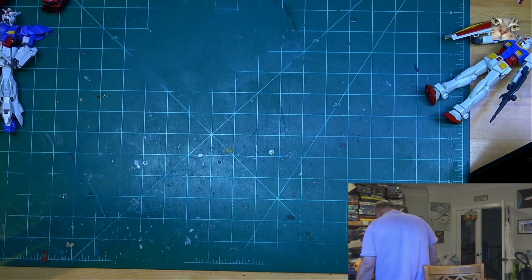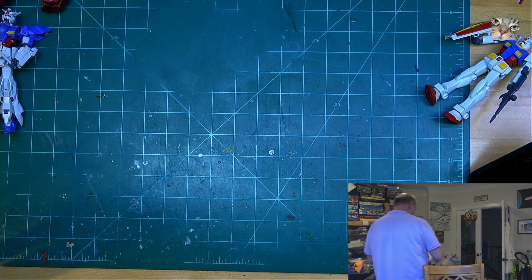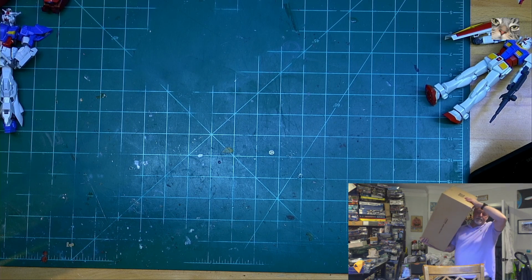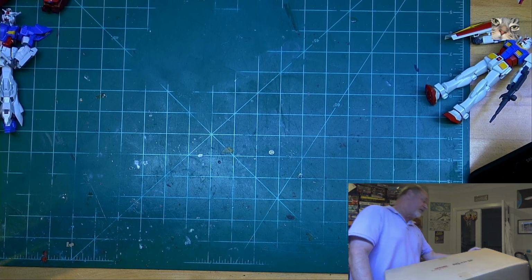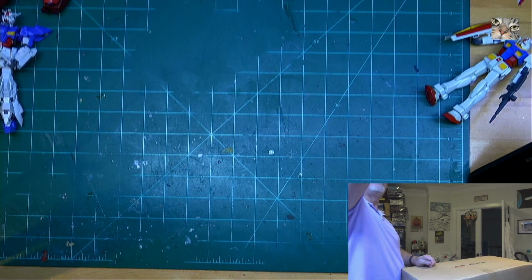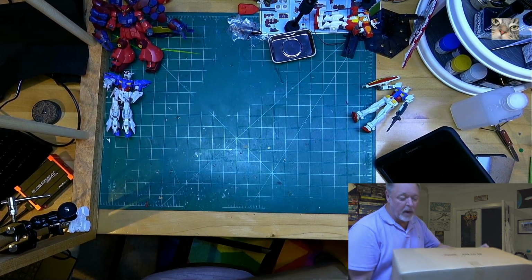Let me find another box to open here, because there's a lot of them. I am not going to lie. I've got quite a few boxes here to open. I'm going to grab the big one. I have a real big one. This one's from Hobby Link Japan. Okay. And I'm going to have to switch cameras on this one because it's too big. Can I zoom this back some? Yeah, I can. Now, my address is on it. So what I'm going to do